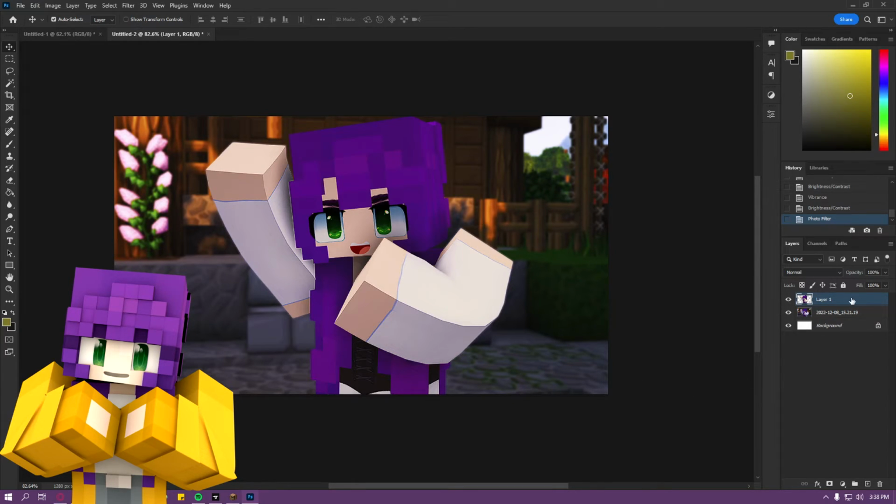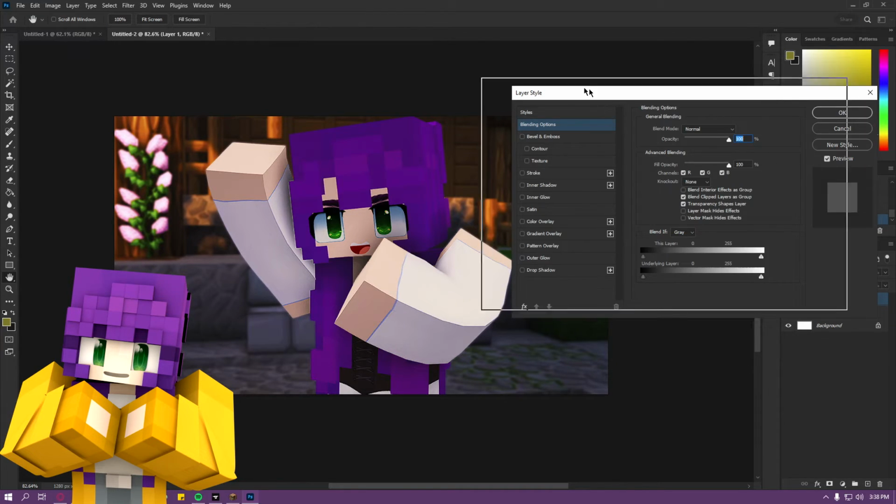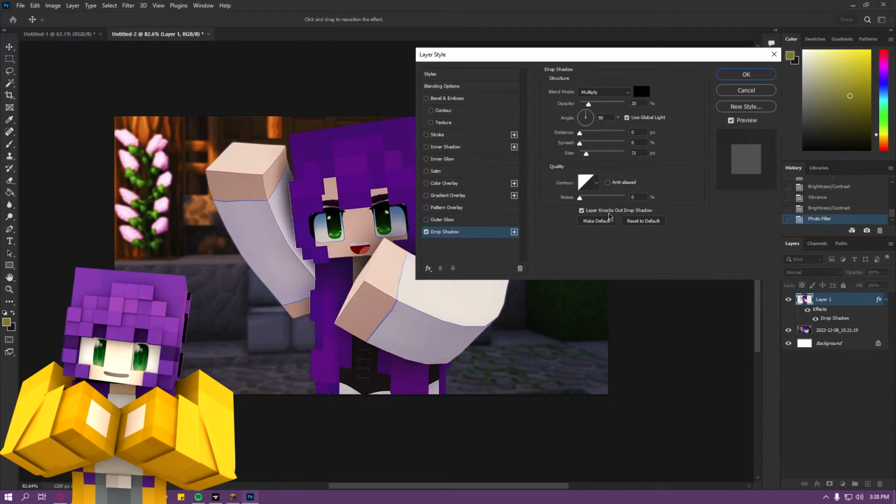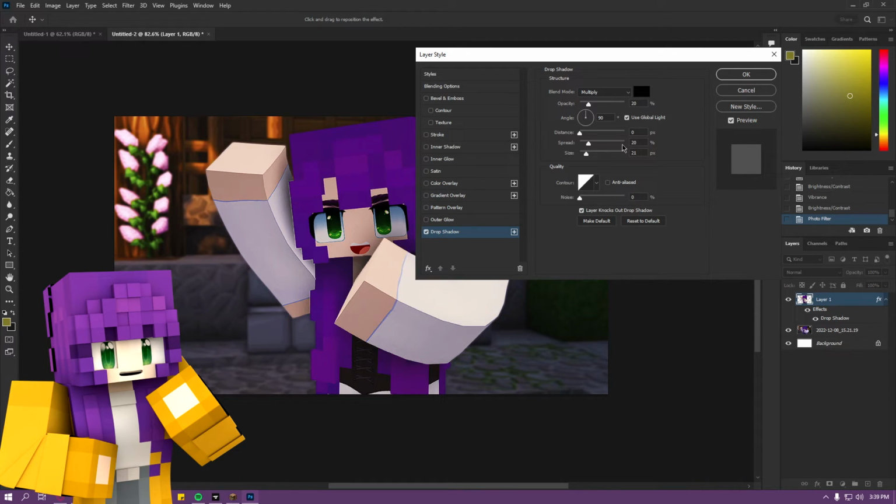So now what we're gonna do is I'm gonna do a bunch of stuff to her. I'm going to add a drop shadow to her. Drop shadows I kind of keep around the same, but sometimes I like the drop shadow to be a little bit more out there. So sometimes I put the spread to 10, so that way you can see it a little bit more, because drop shadow, no drop shadow. I'm gonna put it to 10 because I don't want it to be that visible, but I want it to be there. I'm also gonna do an outer glow,